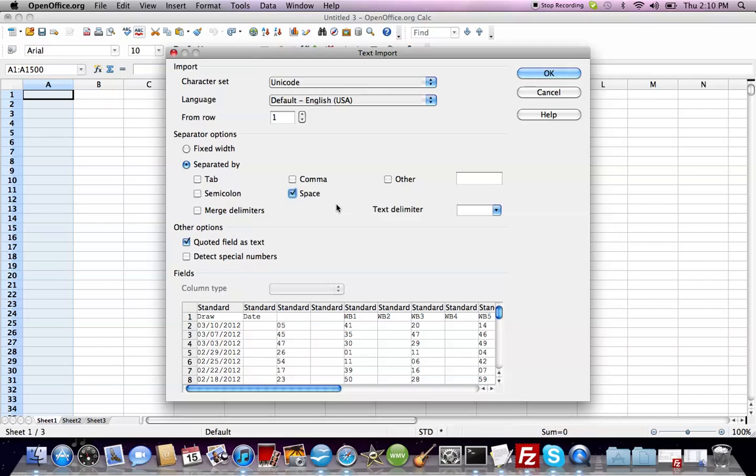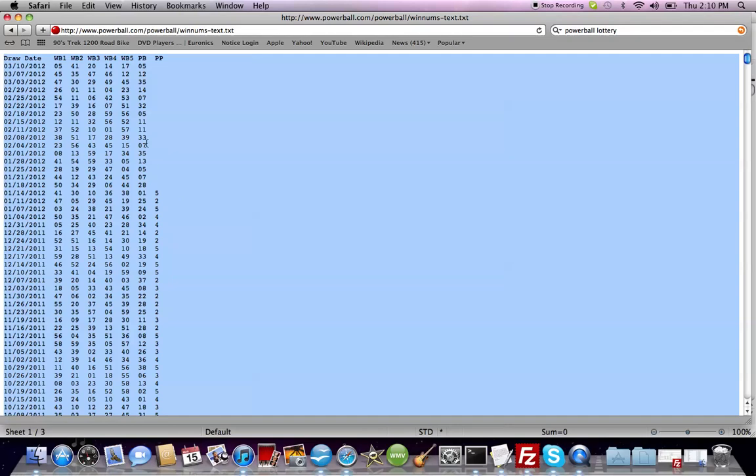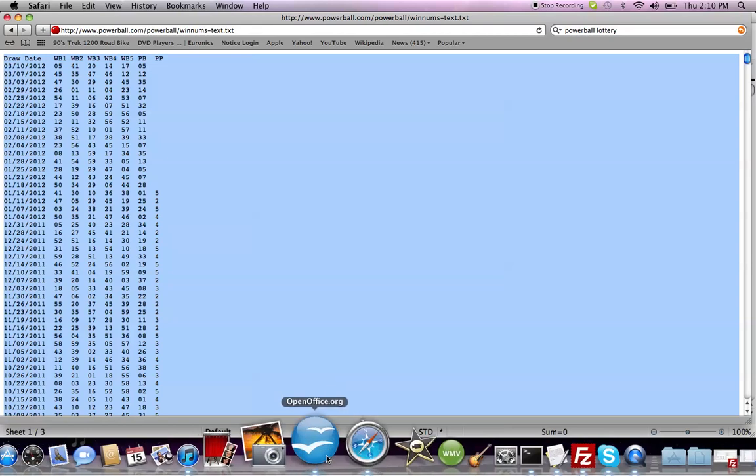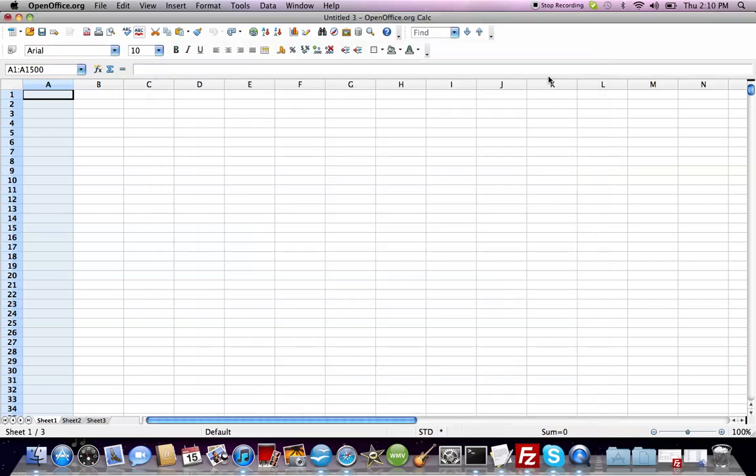It's giving us a preview here, and when you look down there, you see that something's weird with the way the columns are coming up. What's happening is that there are actually more than one space between these numbers. So it's saying, okay, I'm going to put all these into separate cells, and I'm going to use a space as a delimiter, and so it's adding columns in between. Well, this is kind of messy, and you could fix it in the spreadsheet and everything would be fine, or we could modify